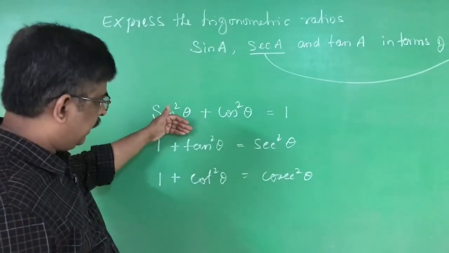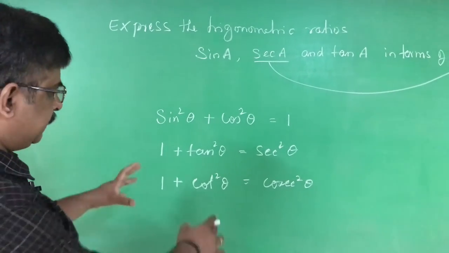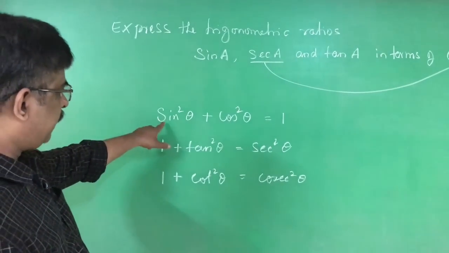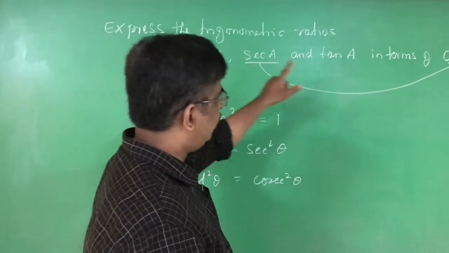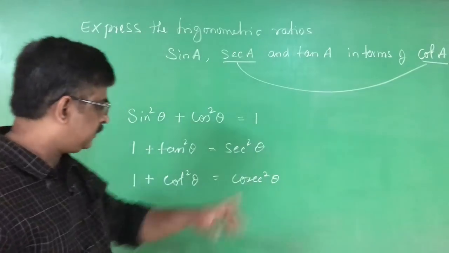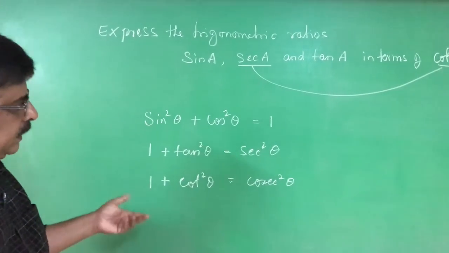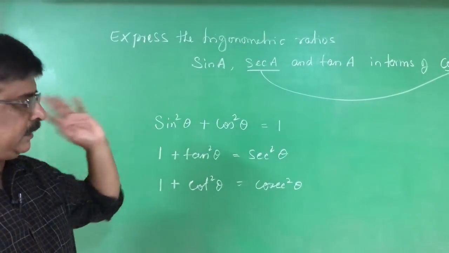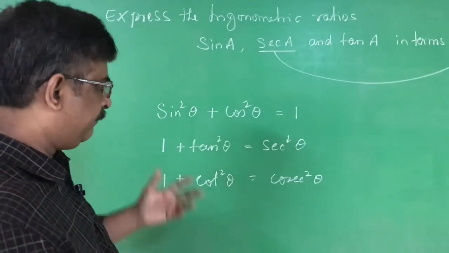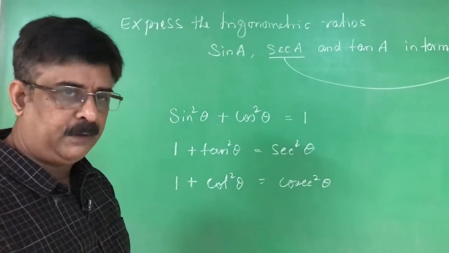Among the three identities of trigonometry, which identity suits for this? First is selection of an identity. Later we have to derive the identity. Is sin square theta plus cos square theta is equal to 1 relates to this, or 1 plus tan square theta is equal to secant square theta relates to this, or 1 plus cot square theta is equal to cosecant square relates to this? Which identity relates secant theta and cot theta? You have to think. If we are in the classroom, definitely I can ask some students a question. But now you have to think at your home.